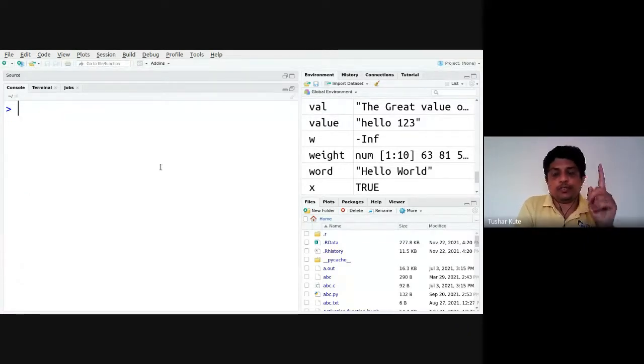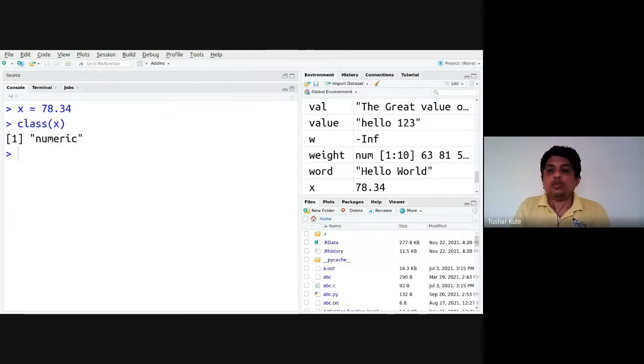The logical type first. Second is number, that is called the numeric type of data. Class is just to check what type of data is there. Generally, in R, everything is an object. So what is the class of that particular data? If x is the object, what's the class of it that we can find? That's by the class function. Just like the type function we use in Python to check the data type of a variable, here we use the class function. So what's the class it carries?